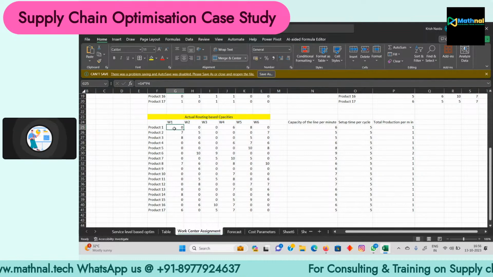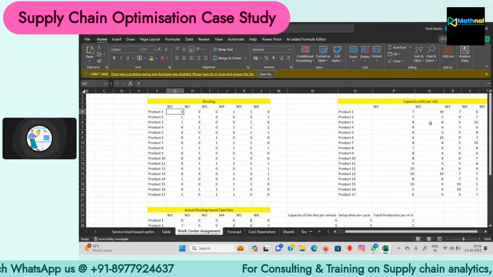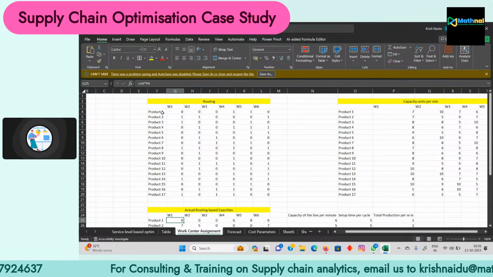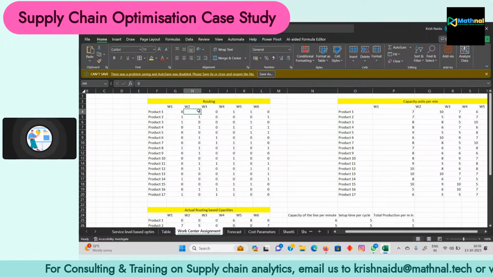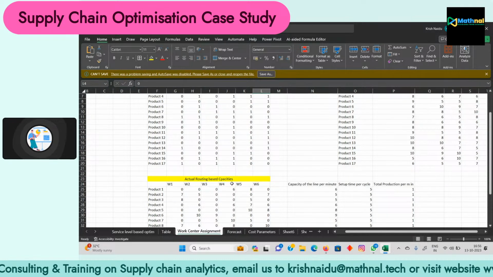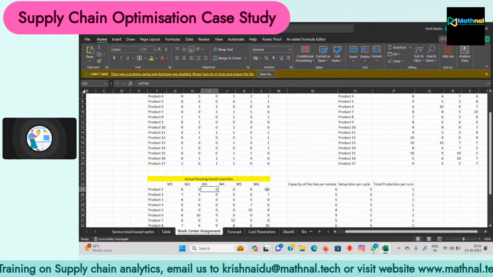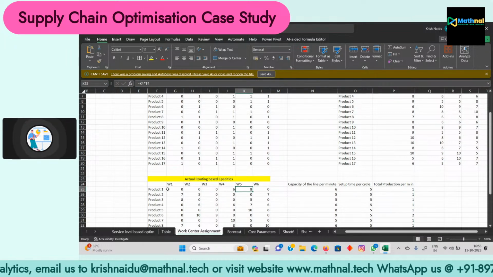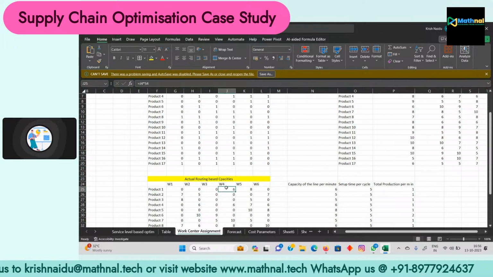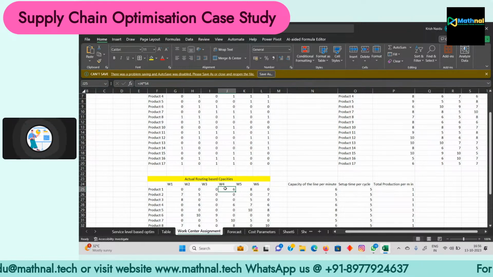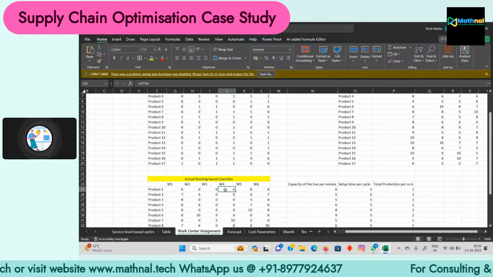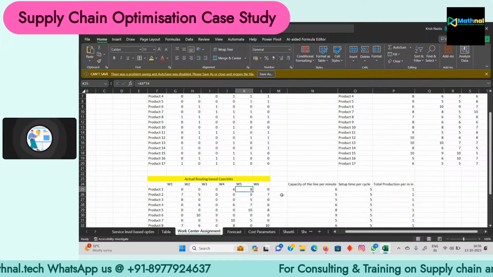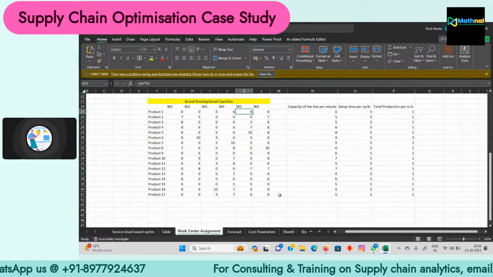Here, I have multiplied this number 0 with 7, so I got 0. We need 0 because our product one is not passing through work centers 1, 2, 3 and 6. So 1, 2, 3, and 6 are 0, and only 4 and 5 are populated. Product one will pass through work centers 4 and 5. Work center 4 has a capacity of 6 units per minute, and work center 5 has a capacity of 8 units per minute. Now, what we have to do, we have to